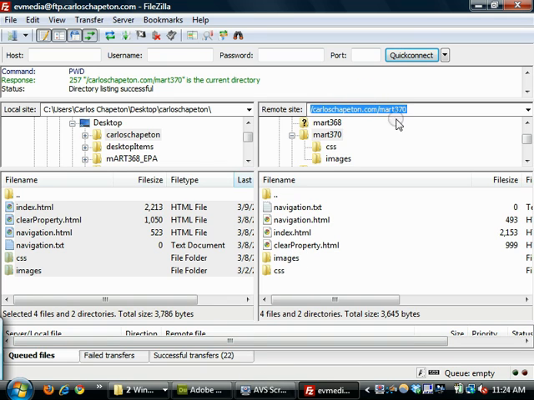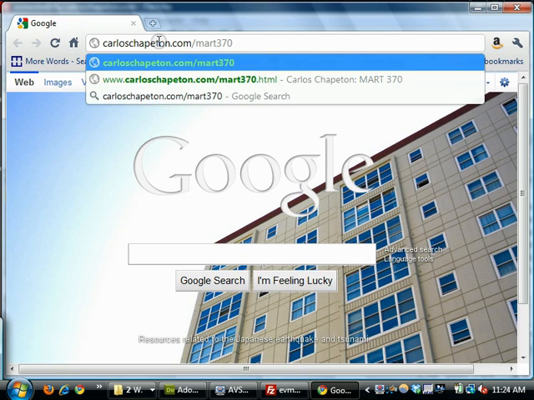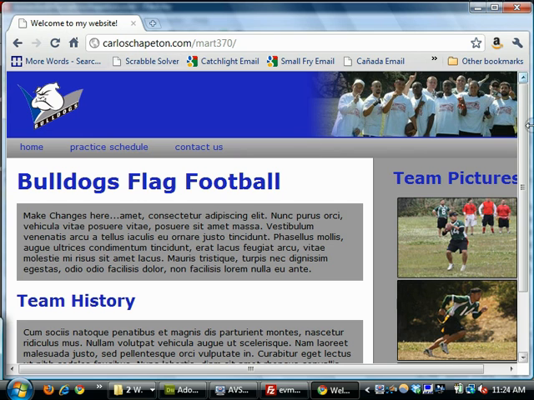So these are now live. These are no longer just on my computer. These are actually on a server. So if I go to this directory, so it's a folder, right, Mart370 folder, and I copy this, I'm going to go to carloschapin.com/ the name of that folder. There's my website. This is actually live. It's online. You guys can go visit this link here, carloschapin.com/Mart370, and it'll be there for you guys to